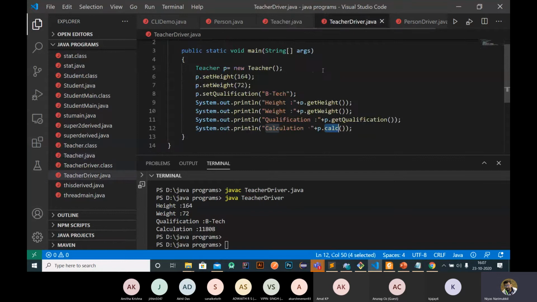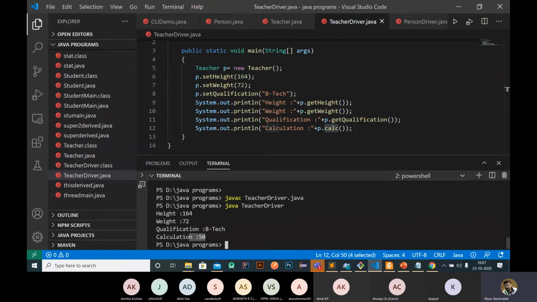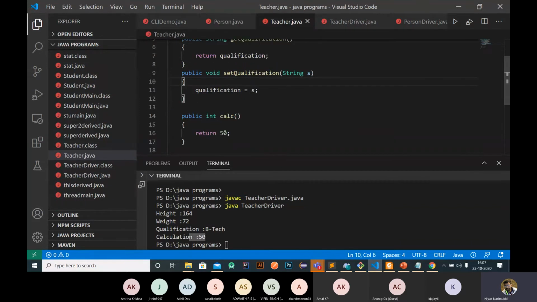Okay, so if you compile this again and run, we will get the output as 50. Instead of height into weight, we are getting the value as 50. That is, 50 is the output of the function inside the teacher class. So we are overriding.